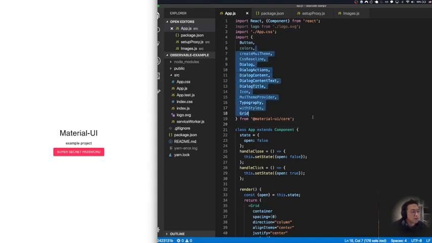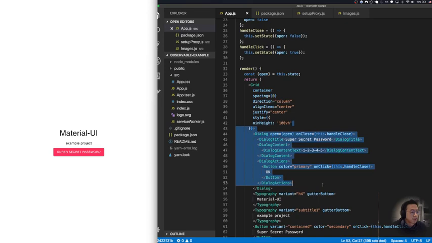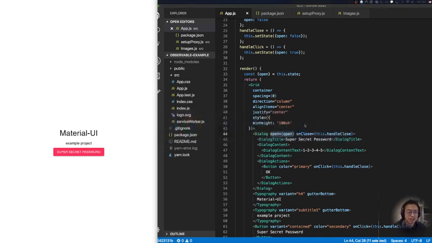Now you load in, it's literally just the sample code. So you have your dialog, click button, handle close, go to close, set state, and then if it's in here, open. So this is your typical thing, but right now, enter into the world of double clicking, because double clicking is